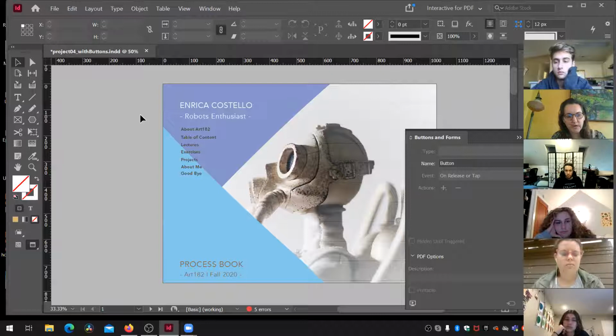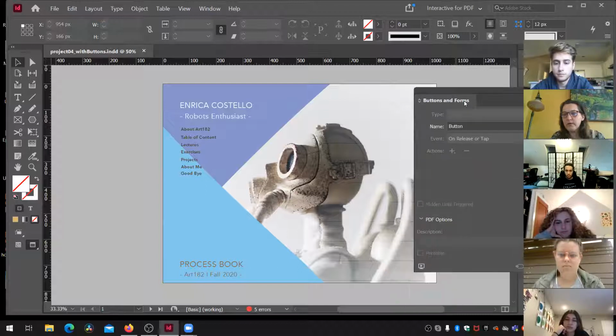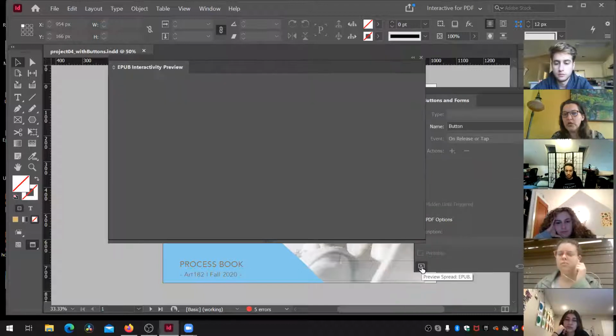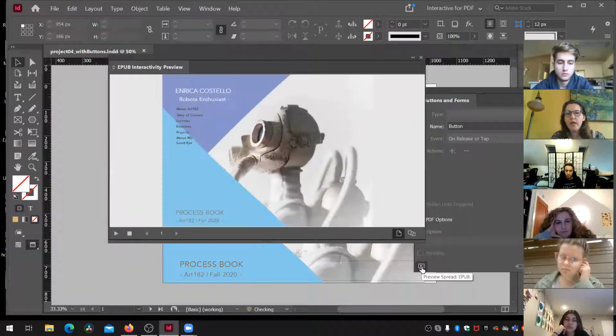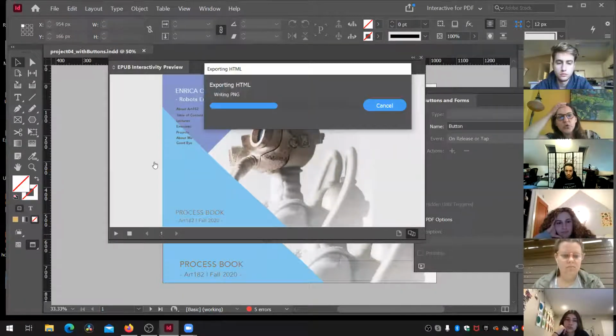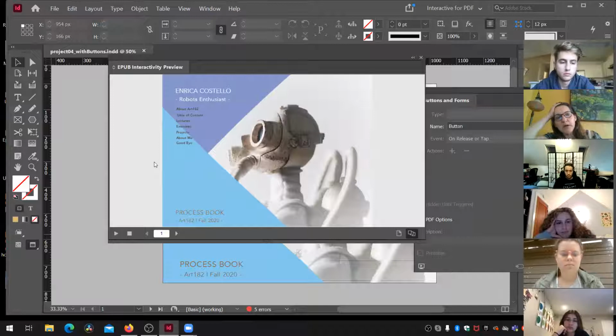I'm going to save it, Control S, and I'm going to actually preview it right now. And one way to preview it, I'm moving the buttons up, is to go in here and say I wanted to preview all the document. It's a multi-page document. And when you hit play, you'll see a little scroll bar at a certain point. There it is. It's telling you that it's creating an HTML preview